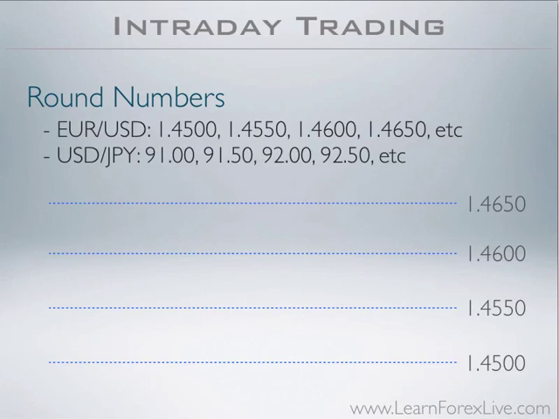All right, now what are the round numbers? Well, on a four-digit currency pair such as the euro against the American dollar, or also the sterling pound against the American dollar, any four-decimal currency pair, round numbers are segments every 50 pips. For example, 145.00, 145.50, 146.00, 146.50, etc. Now, on two-decimal currency pairs such as the American dollar against the sterling pound, that would be 91.00, 91.50, 92.00, 92.50, etc. Every 50 pip segment